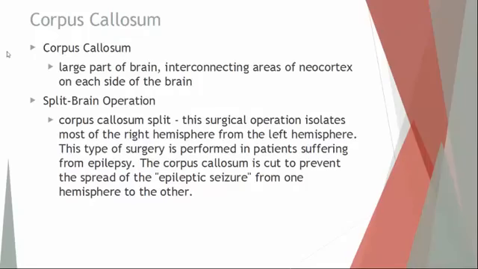What happens is you'll have these epileptic storms start at one side of the brain and go back and forth from right hemisphere, left hemisphere, and then back again. So if you cut that connection between the hemispheres, the severity of these seizures will be lessened. They won't be eliminated, but the severity is much less because it can't spread from one side of the brain to the other side of the brain. So that's why you are cutting this corpus callosum to limit the area where these seizure storms can occur.